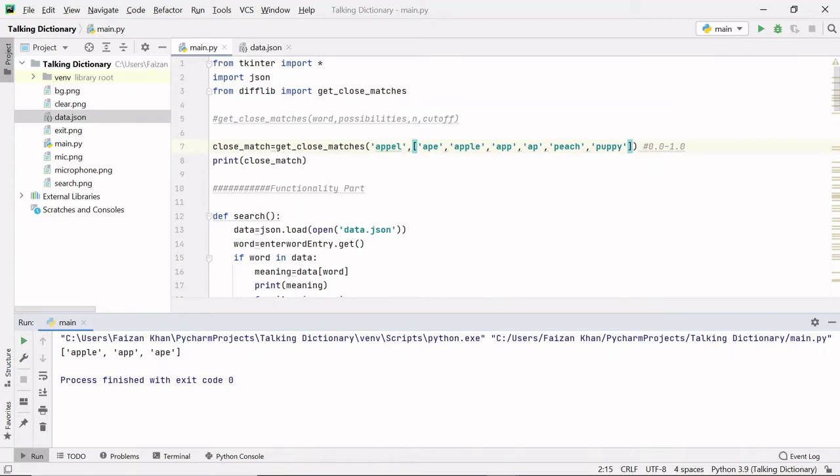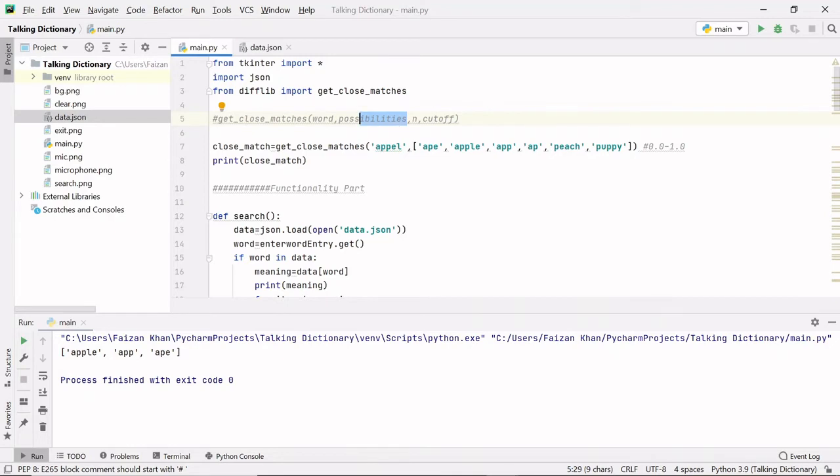This will simply return the best good enough matches. Here, word is a sequence for which close matches are desired. It's typically a string, and possibilities is a list of sequences against which to match the word. It is also typically a list of strings.